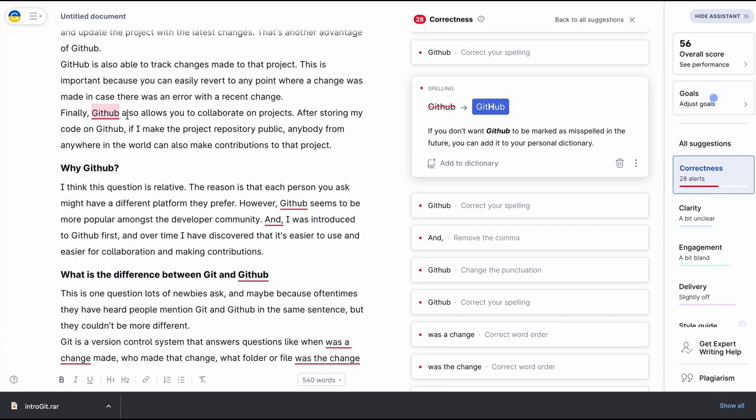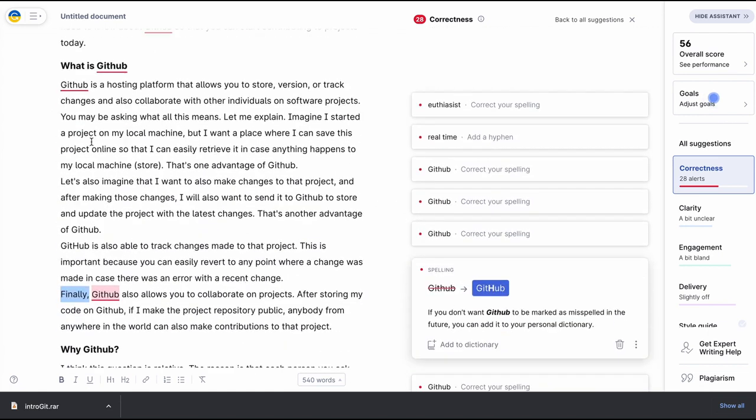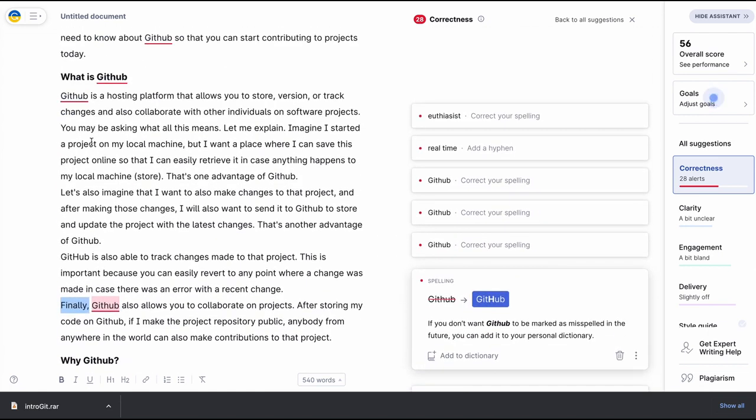Finally, GitHub allows you to collaborate after storing this. So maybe this "finally" shouldn't be there. You're still on the "What is" section, and the "What is" is fine. Now, to me, the "What is" is looking too long. This might be boring to some people, because if I'm looking for what GitHub is and I'm given something long like this... You explain GitHub, you give a very good explanation of this, and you also add additional information. So I believe this section is not necessary.